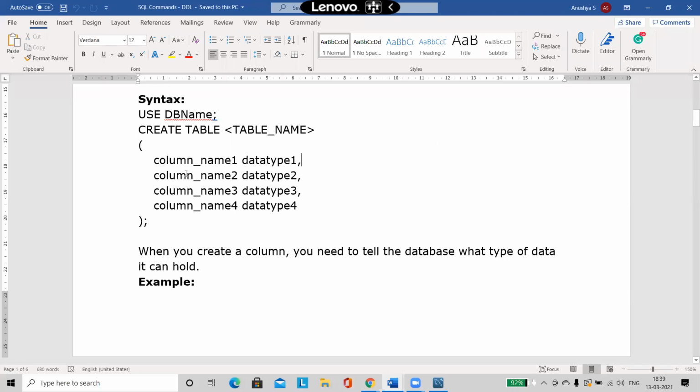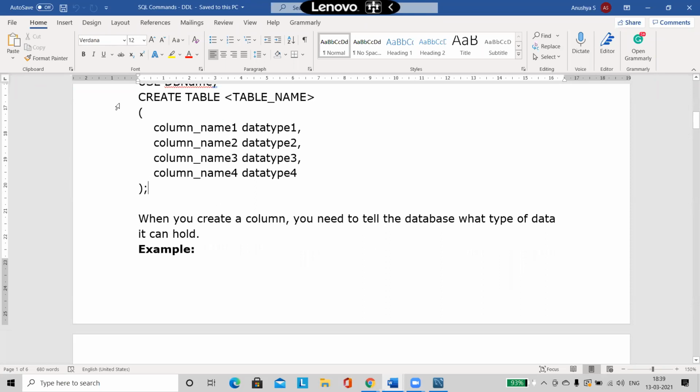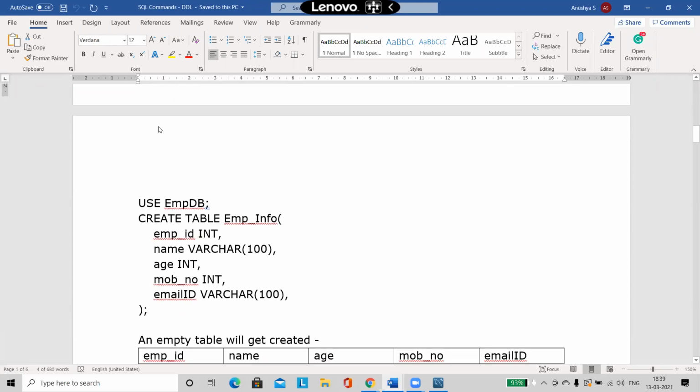Then comma, second column name, space, data type of that, comma, third column name, comma, fourth column name, and so on. How many ever columns you want, you can create that much. And then when you're closing the parenthesis, don't forget your semicolon. So this is how you're going to create a table. So here again, I'm telling you guys, the syntax is very, very important. So make sure that you are familiar with the syntaxes.